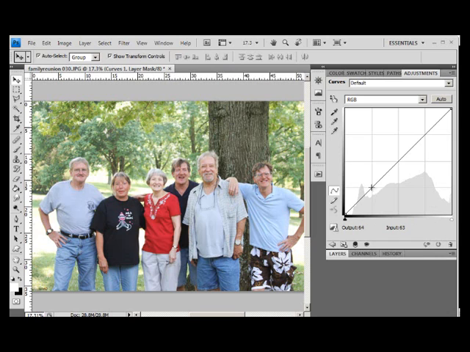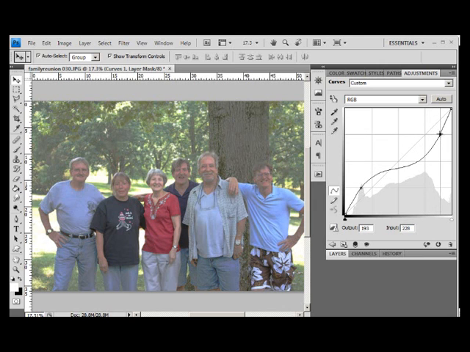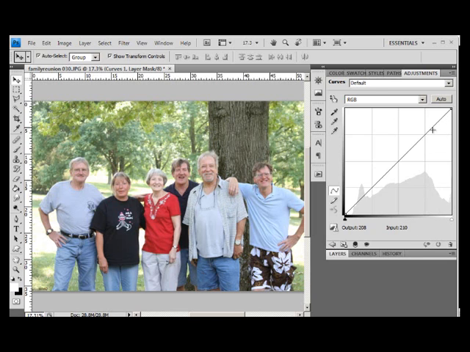Now if I wanted to do the inverted, I'm going to grab this one and bring it this way, and I'm going to grab this one and drop it over here. I'm not sure why you would want to do that. The inverted I don't think is used a whole lot. It's just kind of odd. But let's go ahead and put this one back